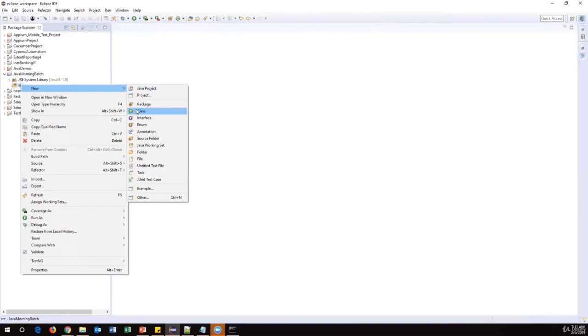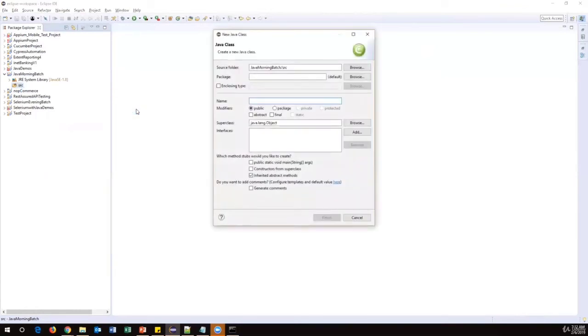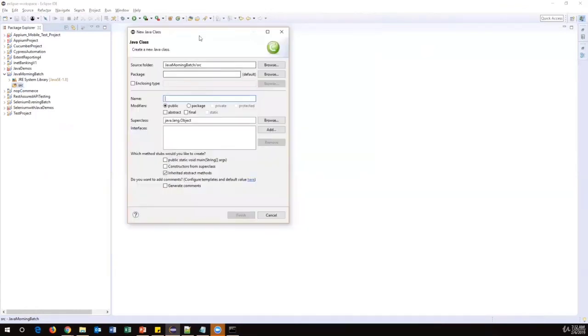So in coming sessions, I will explain in detail about class, methods, variables, and we'll discuss these concepts in detail. But for now, just understand it at a very high level. So don't dig into that. Just create one class. Now here we have to provide a name of the class. So here I'm just saying FirstJavaProgram. I'm just providing some name here.